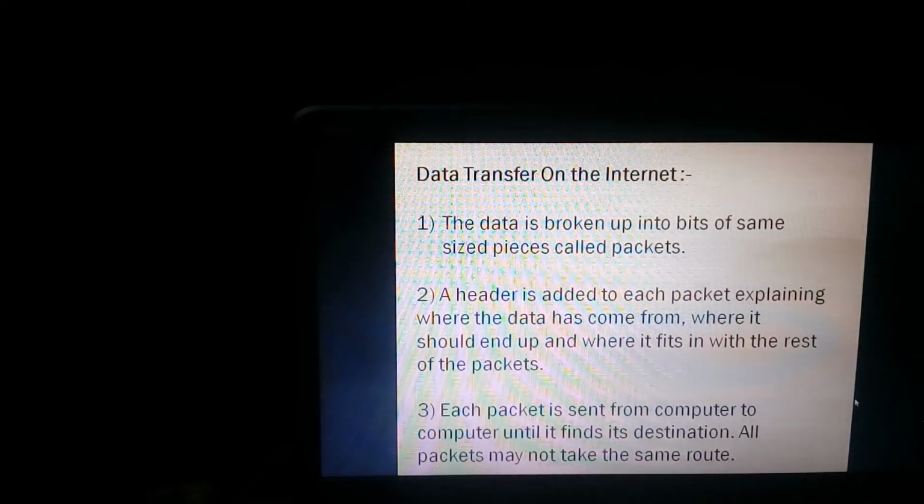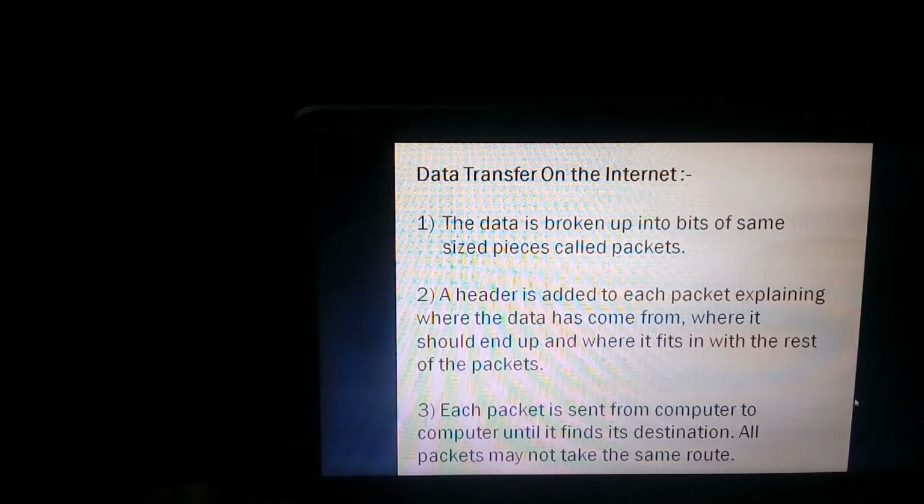Now the second step is a header is added to each packet. Now you will ask what is meant by the header. The header is the top part of the packet. Means at that top part some information is added. The header is added to each packet explaining where the data has come from. Means that header has the information about who is the sender of that particular data, then where it should end up, means where that data should reach, or who is the receiver of that